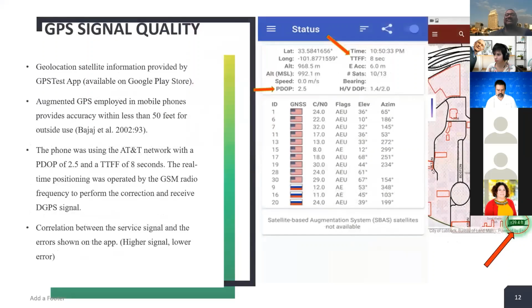And here again about GPS signal quality. The geolocation satellite information here is provided by the GPS Test app, which is available on Google Play Store. And from a paper by Bajaj and others, it was said that augmented GPS employed in mobile phones provides accuracy within less than 50 feet for outside use. So from this, we can deduce that the application, the app iPark,